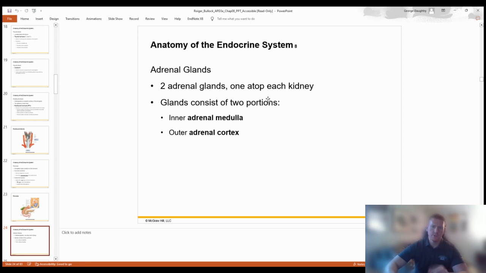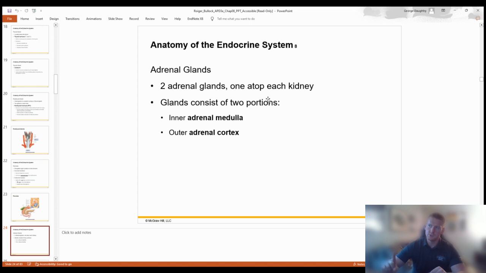Okay. All right. So that was the pancreas. Relatively simple. Now let's talk about the adrenals. Okay, adrenals, very important. The adrenals are right above the kidneys, right? So we haven't deviated too far away from the pancreas, right? So the adrenals, we have two adrenal glands, one at the top of each kidney, and the adrenal glands consist